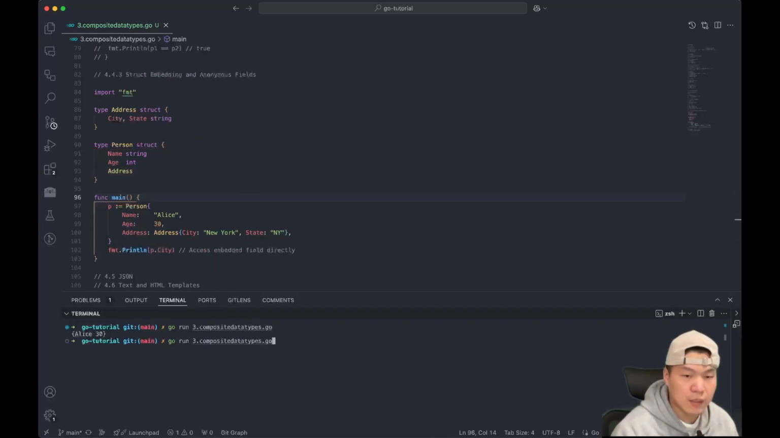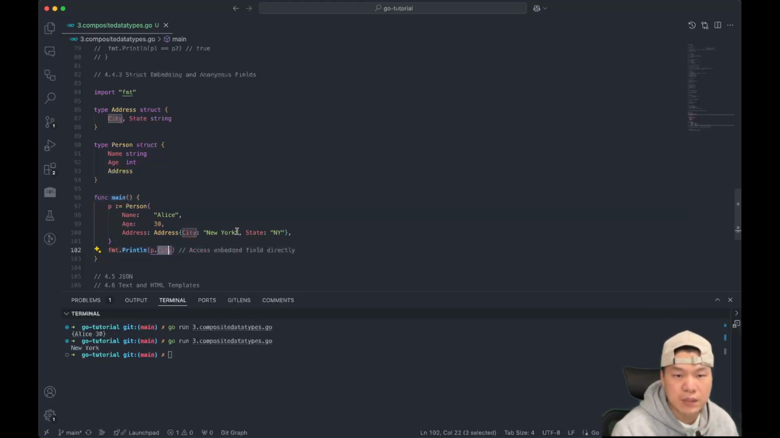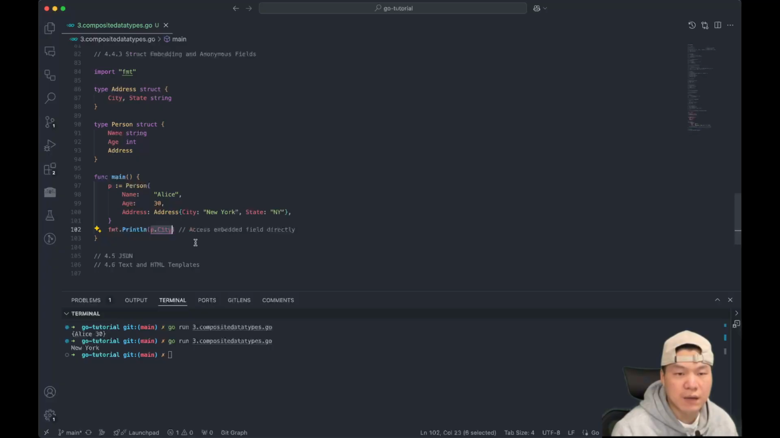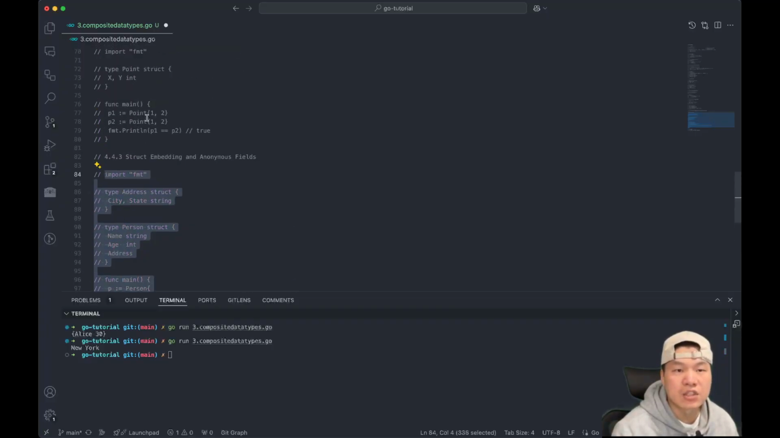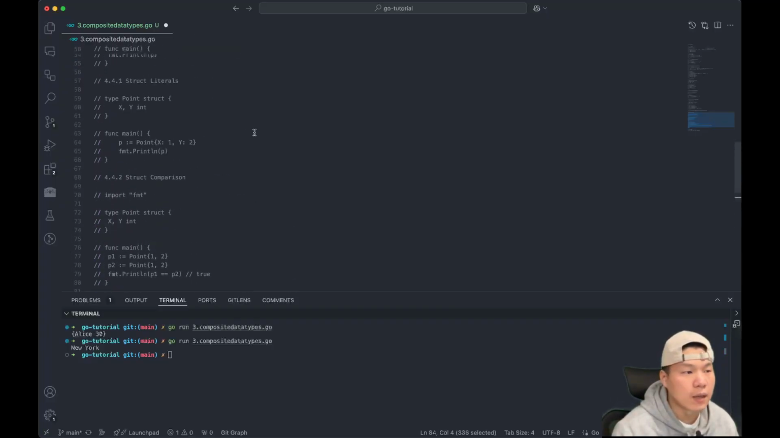So let me just print it out so you can see there's a city. We assign city here, and we're still able to access this field. Yeah, that's embedding. We can also use a pointer struct here as well. Okay, so that's pretty much we have covered struct and